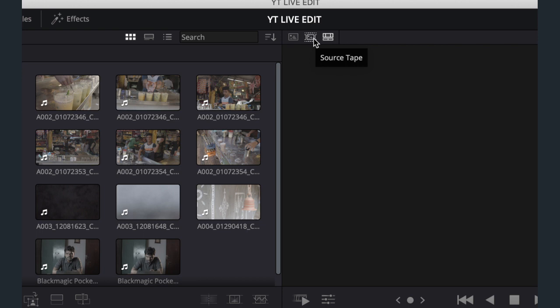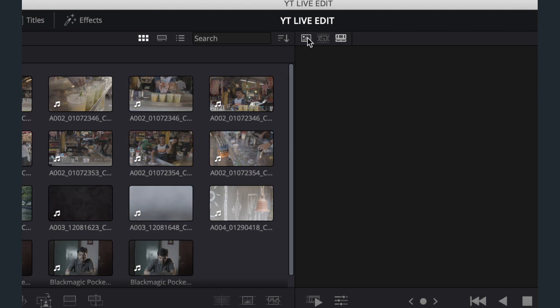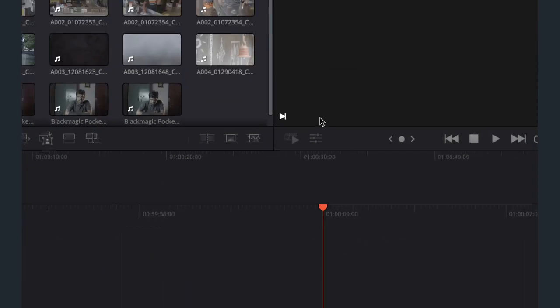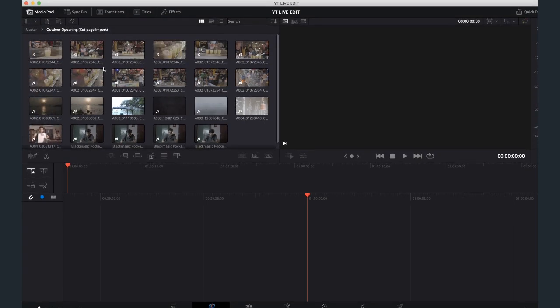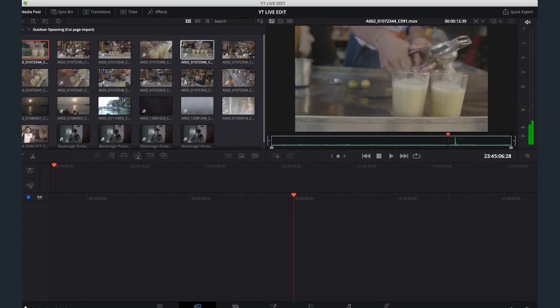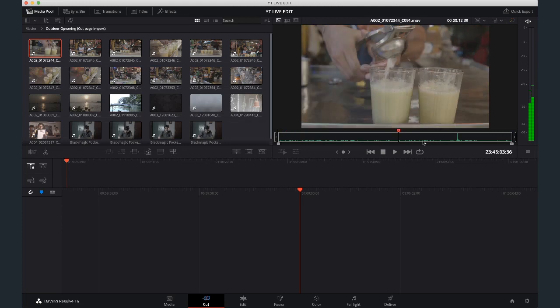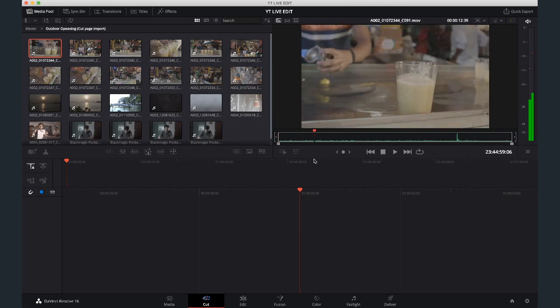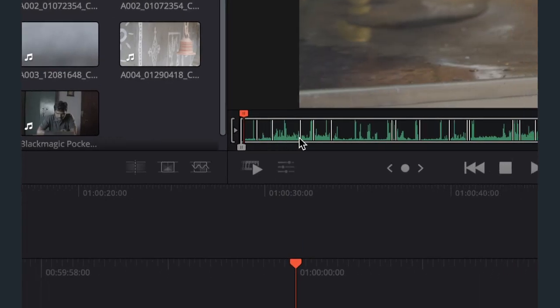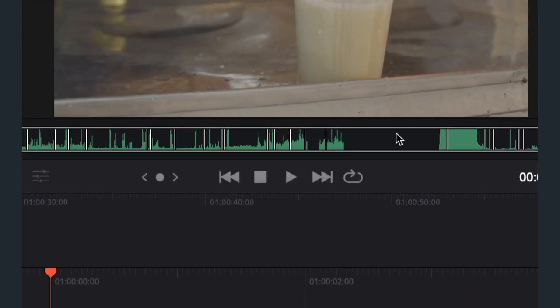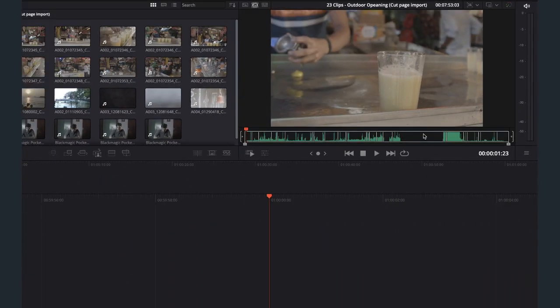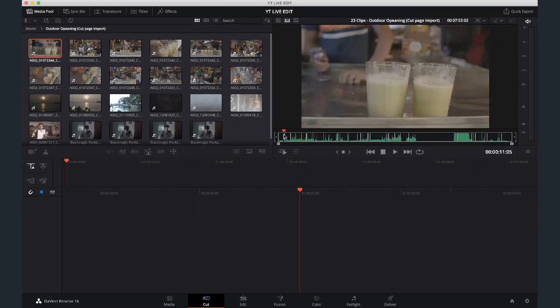So I'll just show you an example. The left side is the source clip. A source clip is nothing but, if you select a particular footage, it is going to show only that particular footage. So it is one footage. But if you go to the source tape, as you can see, you have all the footages listed like you have thrown them into a timeline. So I can scrub between all the footages now